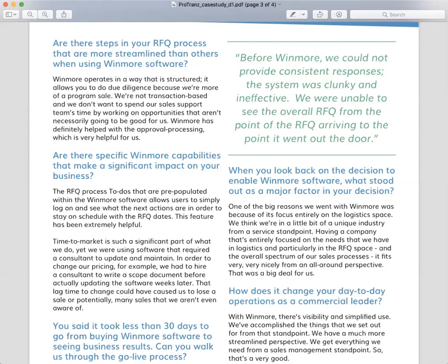Yeah, I think the analytics side is continuing to be more and more important. The quote unquote big data, how we can see the results of historic bids, and then how do we use those results for future bids, and incorporating all of that. The additional integrations with different softwares that may be out there for the way that we manage implementations,